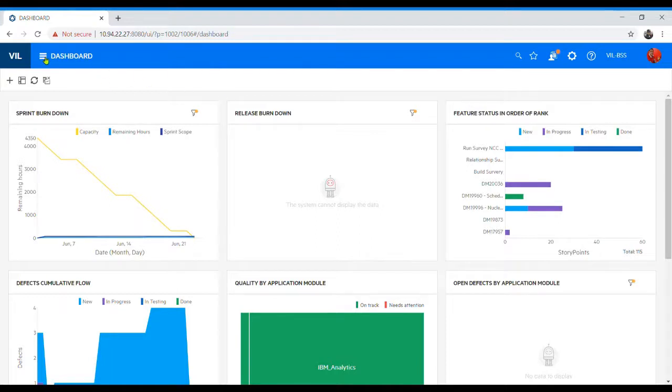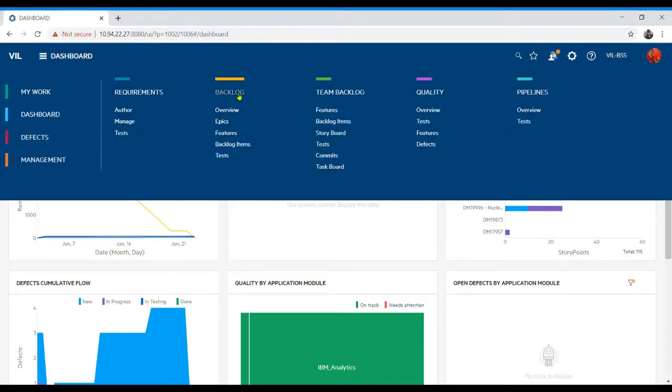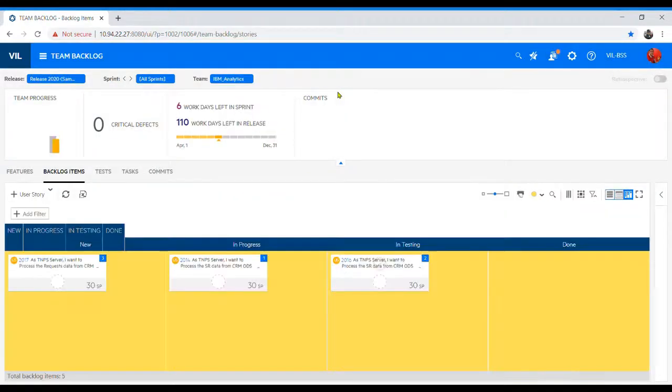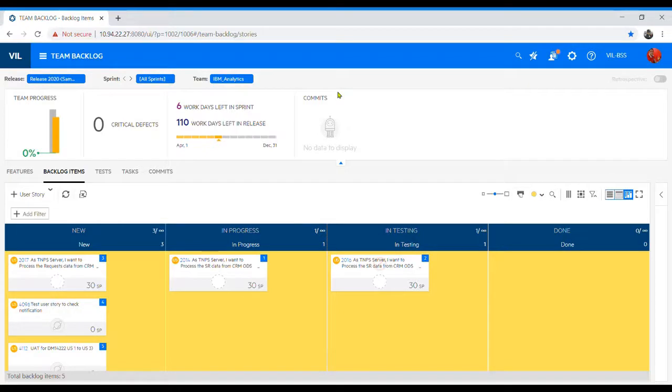I already logged in. Splitting a user story is a feature for the situation when you have completed your sprint and some of the items have not been completed. Let's say we have multiple user stories. One of the user stories has 15 tasks, and out of the 15 tasks, 7 tasks have been completed during this sprint, but the rest of the 8 tasks we were not able to complete. So we need to split that, because without splitting the user story, you cannot move the tasks to our next sprint.